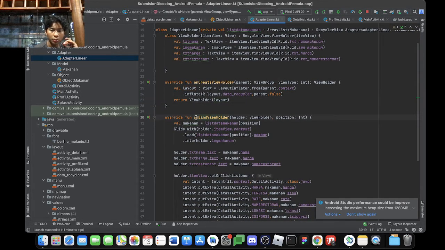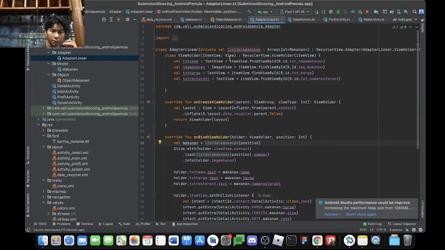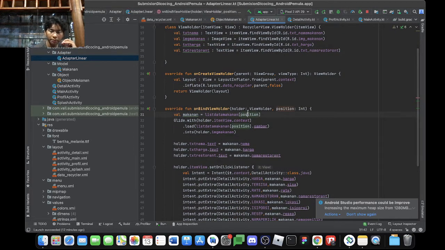Okay, move on to on bind viewholder. This long part. Okay, make a variable and list data food from this private file that connects into the model. And position glide.